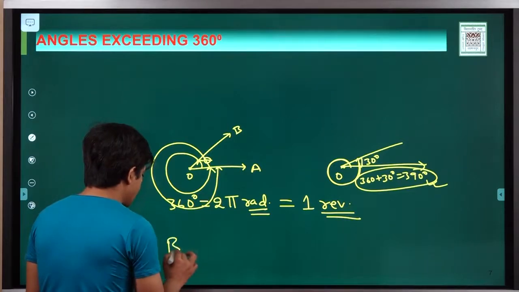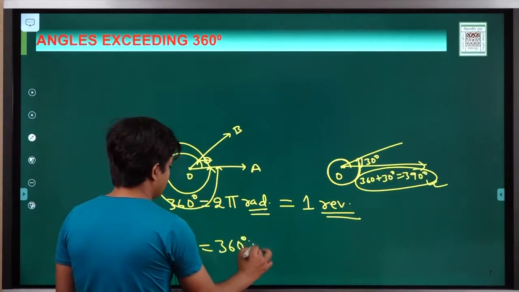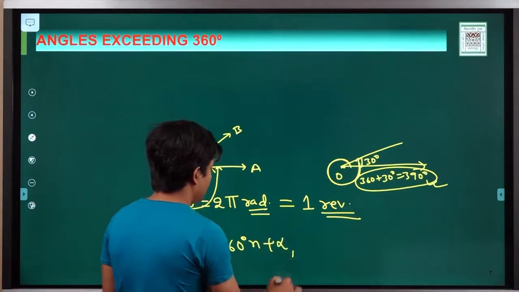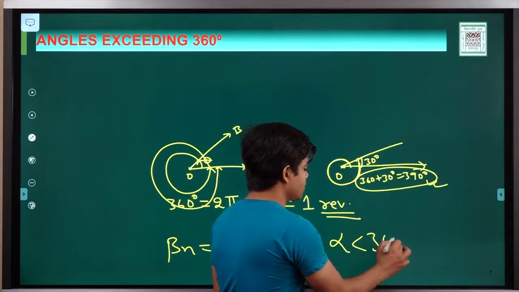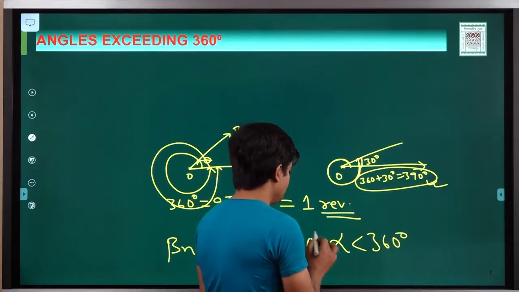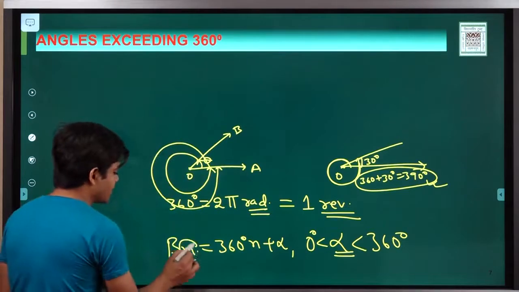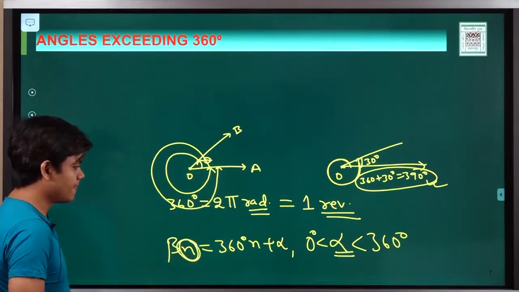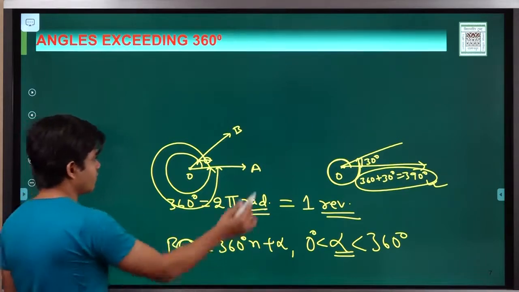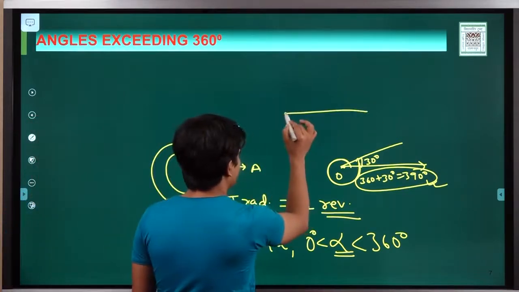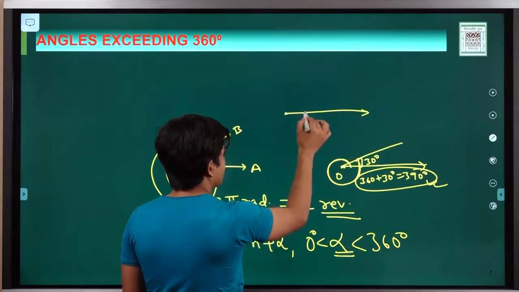So beta n will be equal to what? 360 degree n plus alpha, where alpha is the angle that lies between 0 and 360 degree. Okay. And this n represents what? One revolution. For example, if you have a figure like this,